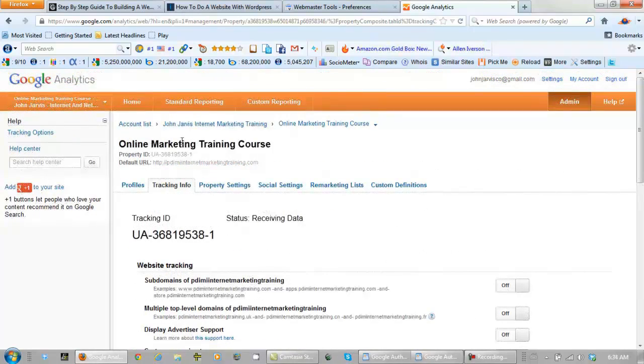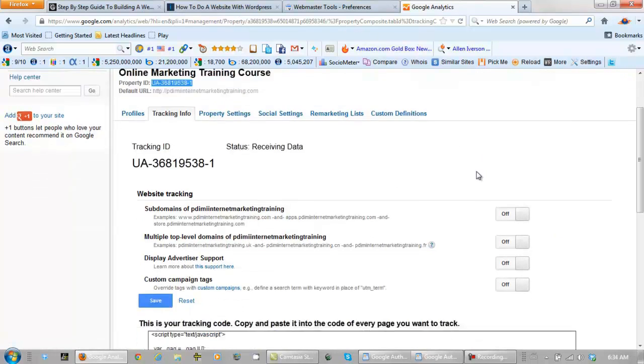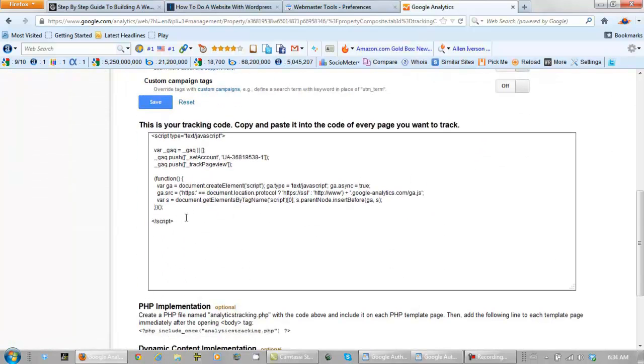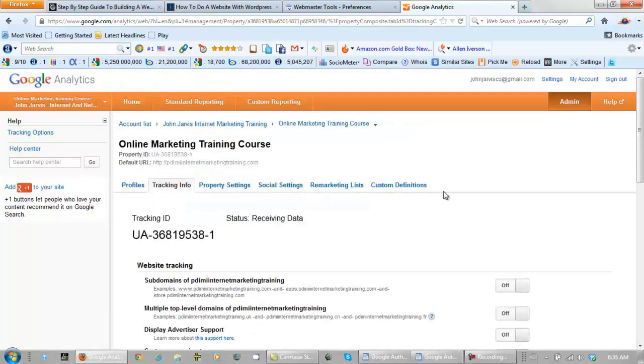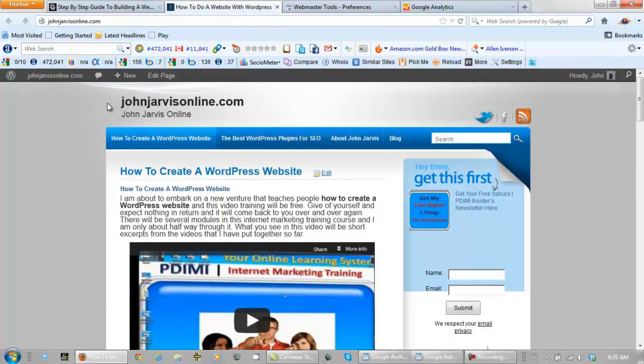After you set up that profile, you will have not only this tracking number. When you click on Admin again, you should be able to scroll down and grab this tracking code. Now you want to copy and save this. Now we need to plug this tracking ID into our website, so let's go back to my website and let's go to my dashboard,